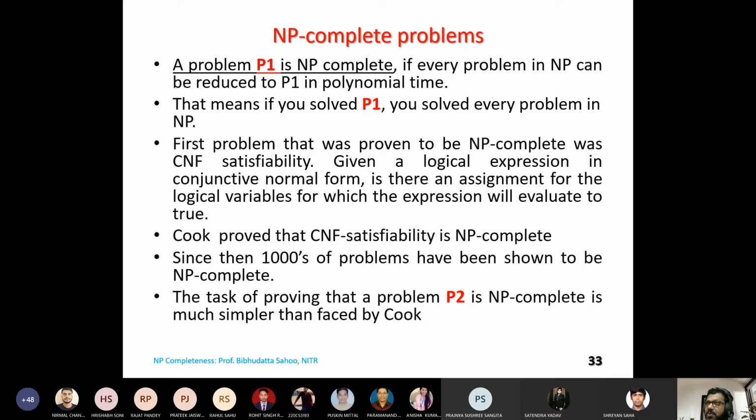But keep this story in one place, then we come to how to prove a problem to be NP complete. The two things go parallelly. How to prove a problem to be NP complete? A problem can be proved to be NP complete with reference to a problem which is previously proved to be NP complete. Are you getting it, or are you still confused?